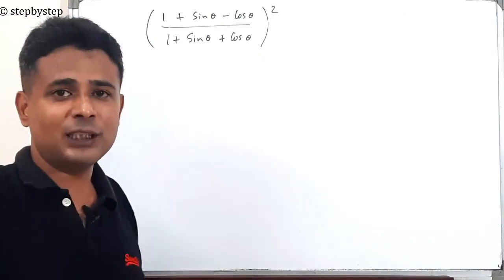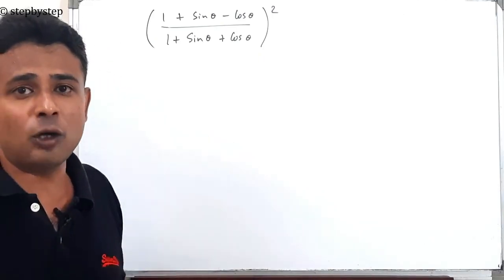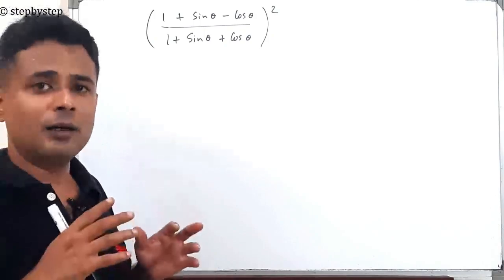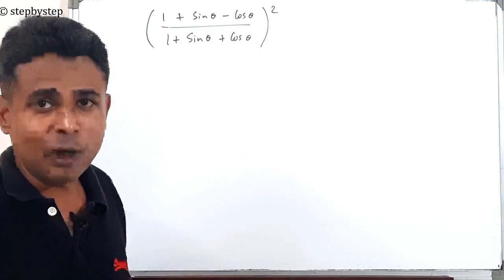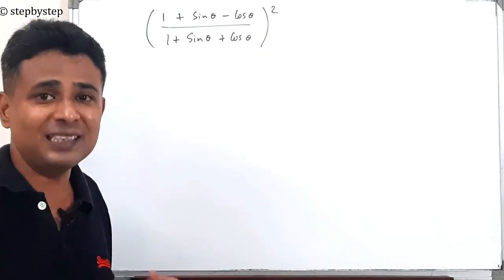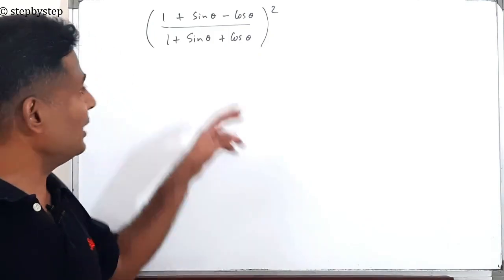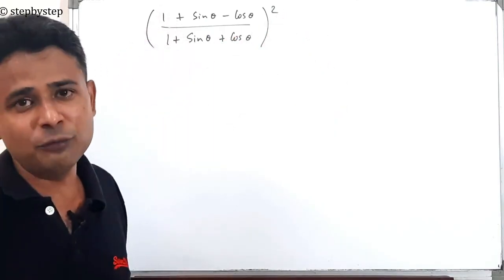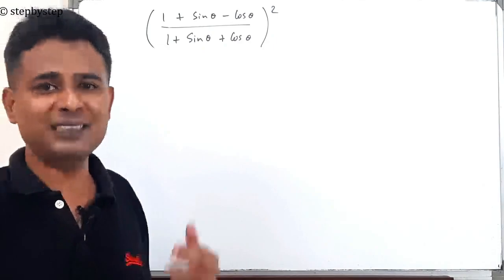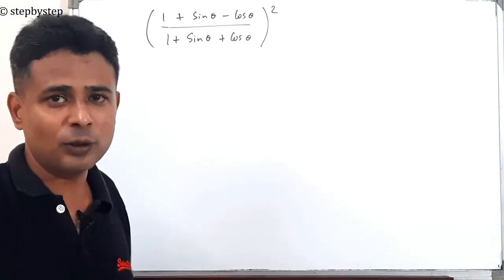In the earlier question, you had to prove something as cosec plus cot, or you would have got something like cosec plus cot, or secant plus tan, or 1 by cosec minus cot, or 1 by secant minus tan. In this case only, you will manipulate this one. But here there is also a whole square. So that itself should give you a clue. It is not the same as the earlier question that we had solved.